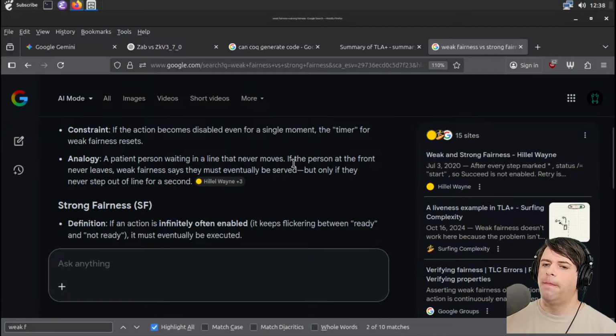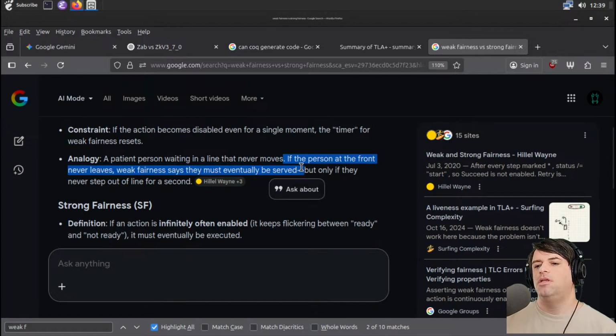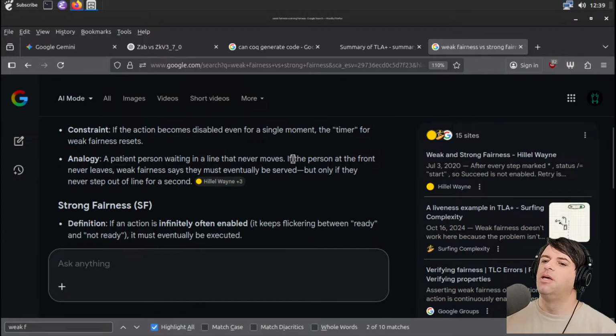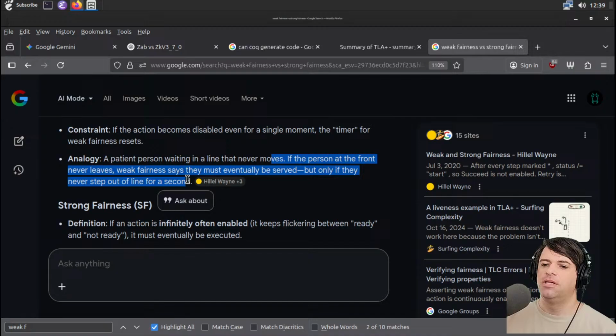What? If the person at the front of the line never leaves. I think this is just explaining it badly. I think it means that if you are at the front of the line, you'll eventually get served. I thought it was initially saying that if you're the fourth person in the line and the first person never leaves, you'll eventually get served, which doesn't make any sense. So strong fairness,